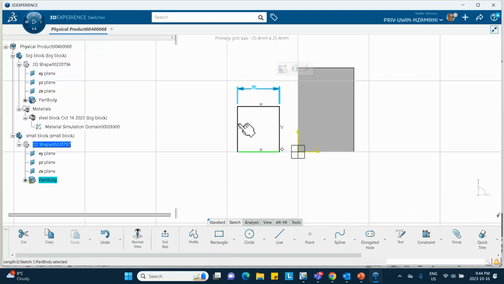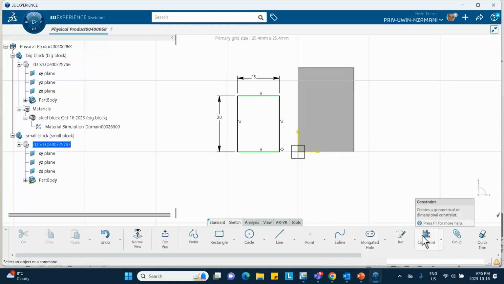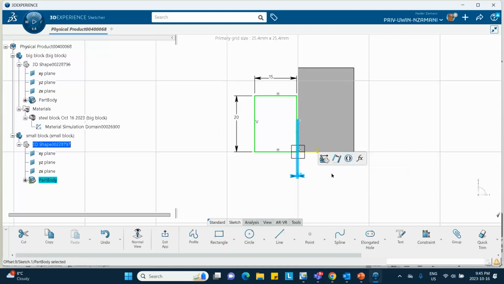Yep, and this side is 20 millimeters. Okay, let's put a gap of 0.5 millimeter between the two ends, between the two lines here. So the distance between here to here, 0.5. Okay, exit,